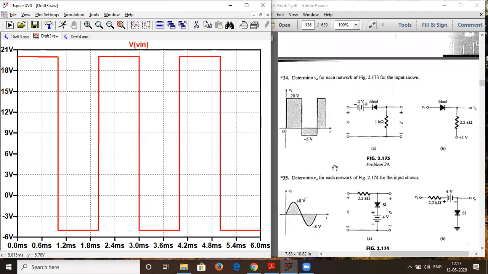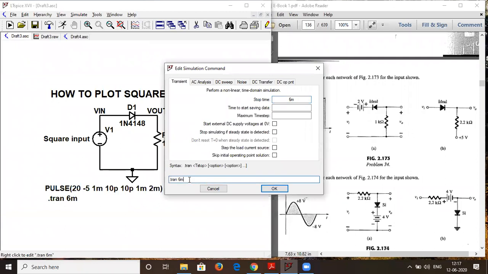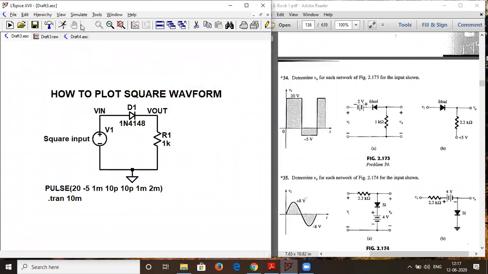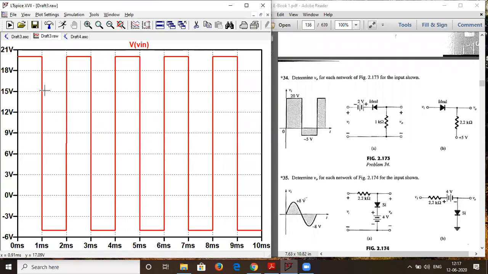No, sir. Okay, you have to include 5 cycles. Here I haven't done that. So for including the 5 cycles, you have to give around 10 milliseconds. You might get some slight deviation at the output side in the first waveform. So just ignore the first 2 cycles and refer to whatever is there from the third cycle. It might happen in the case of this square waveform, so you have to check your waveforms from the third cycle. So this is how this is plotted.